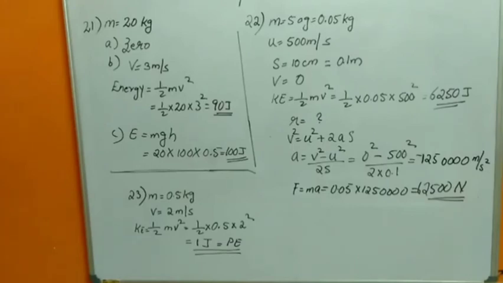Calculate the potential energy. You are asked to calculate potential energy, but we have mass and velocity. We don't have a formula relating potential energy with mass and velocity. But we know kinetic energy is half mv square. Calculating, we will get 1 joule. But we have to keep in mind that due to the potential energy only, the trolley moves. So the kinetic energy of the trolley is because of its potential energy. So the potential energy is 1 joule. So the problems of chapter 2b are over. Thank you.